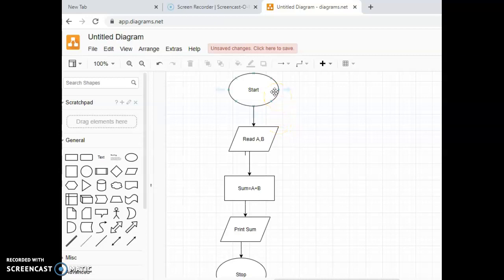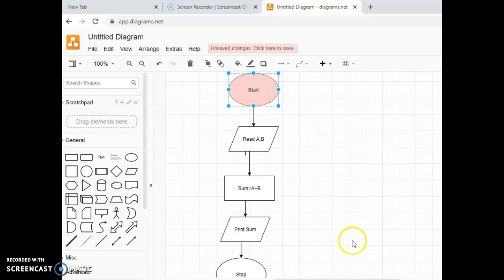Now we can change the colors of the background for these particular various symbols that we have used. Click on the start button and then I can fill the various colors over here.